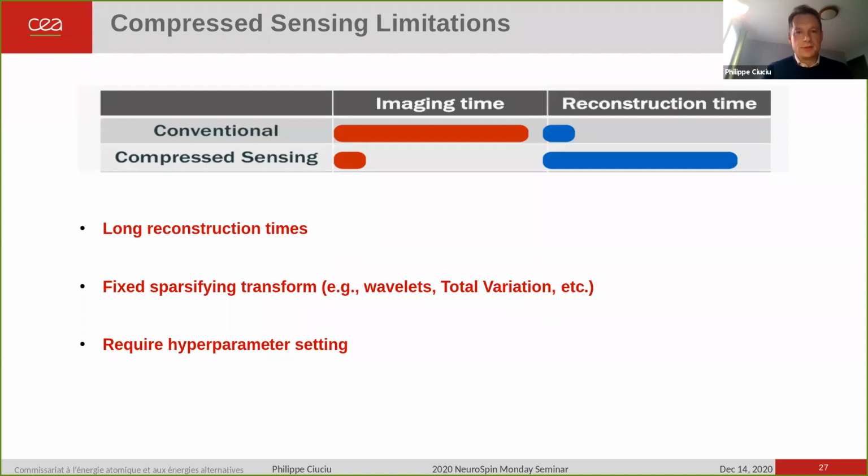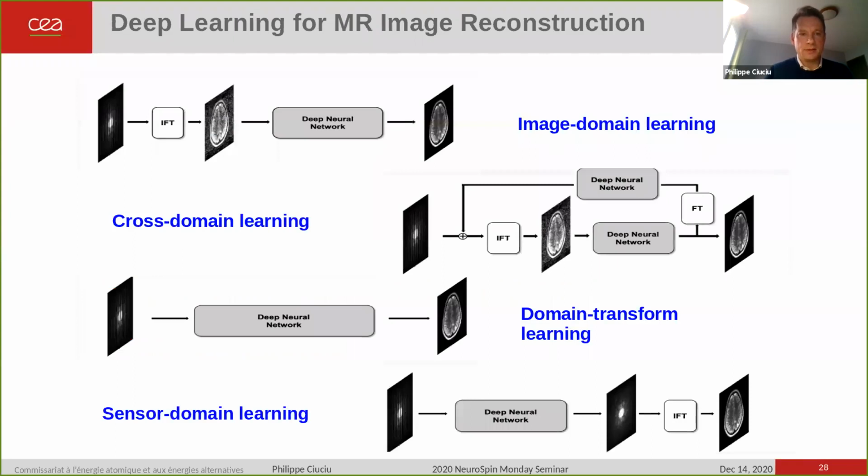So now let's move to the second part of my presentation, about deep learning. Compressed sensing so far: I've shown that we have a long reconstruction time. I also didn't insist on that, but the sparsity really depends on the choice of the sparsifying transform, and it also requires some hyperparameter settings. And all these aspects were mainly done by hand. So for that reason, we have also been working for now a year and a half on a deep learning